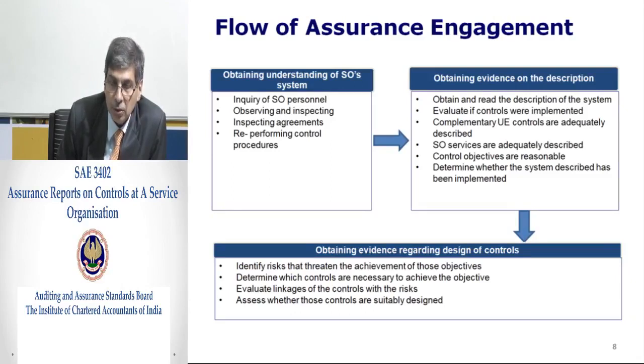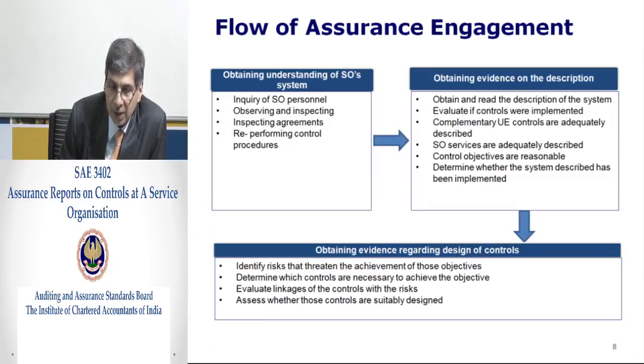Just as part of this assurance again, he would obtain evidence: obtain and read the description of the system that has been prepared by the service organization, evaluate if controls were implemented, and understand what the complementary user entity controls are and whether they've been adequately described in the entire system by the service organization. What are the control objectives, whether they are reasonable, and what are the controls that have been instituted to meet